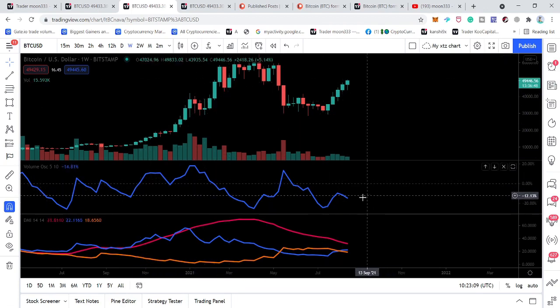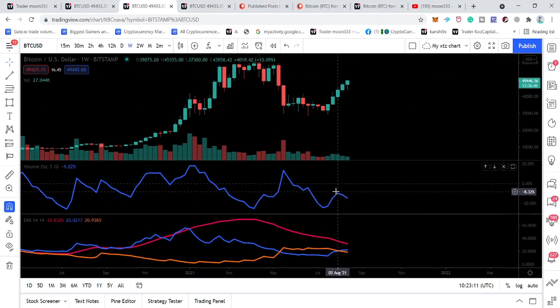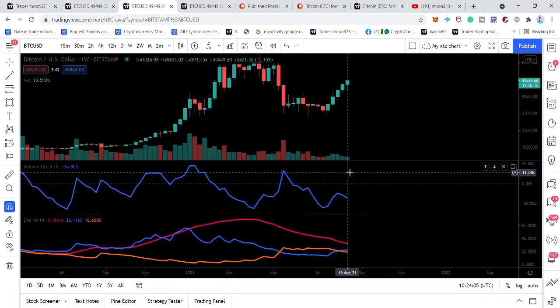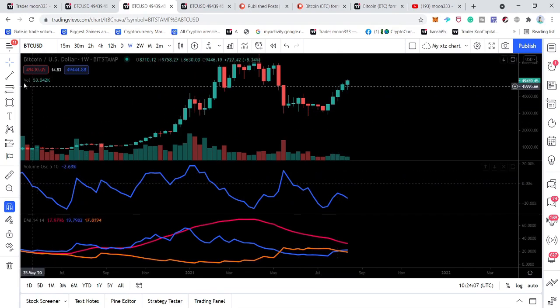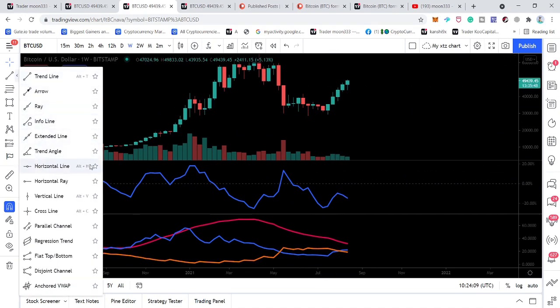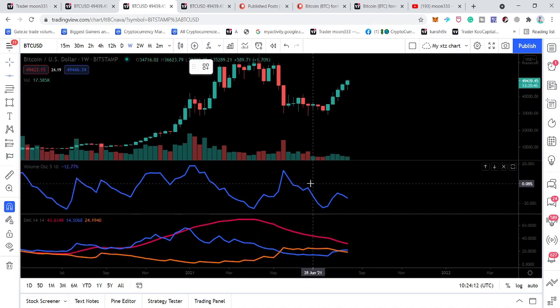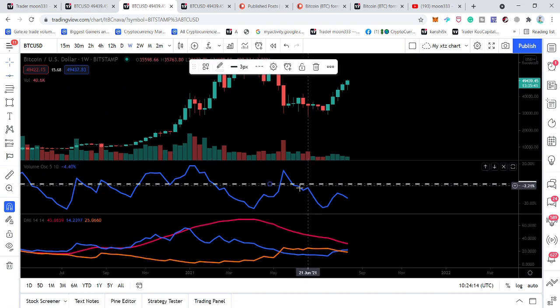So far, this volume oscillator is moving in the negative territory. Once it moves above the positive territory, I'm just going to place this horizontal trend line here, it will be easy for you to watch. You can see that this is the line at 0 level, and above this we will have a positive territory. And once this oscillator line moves above the positive territory,